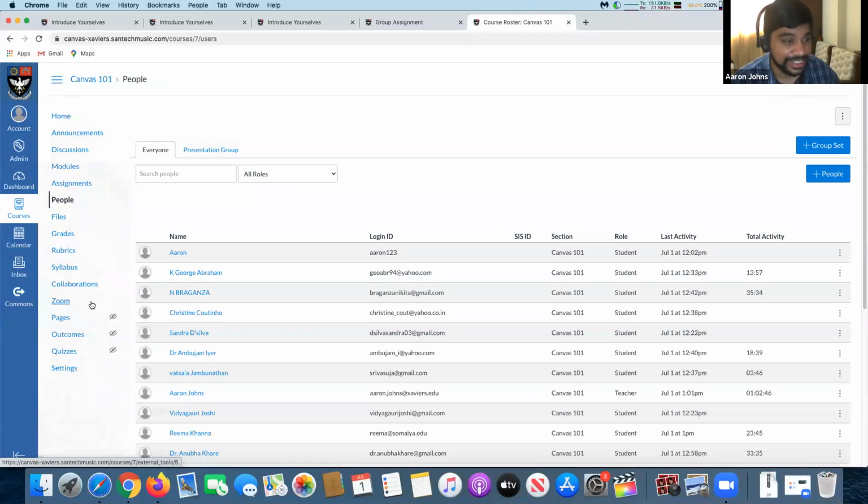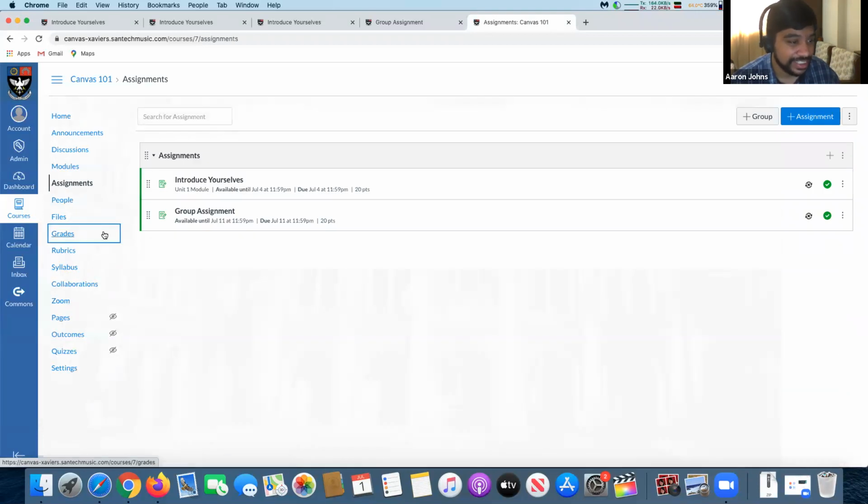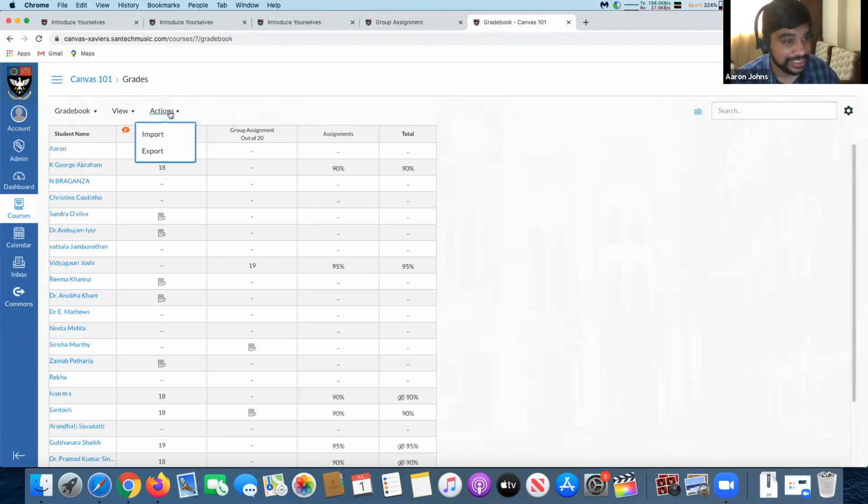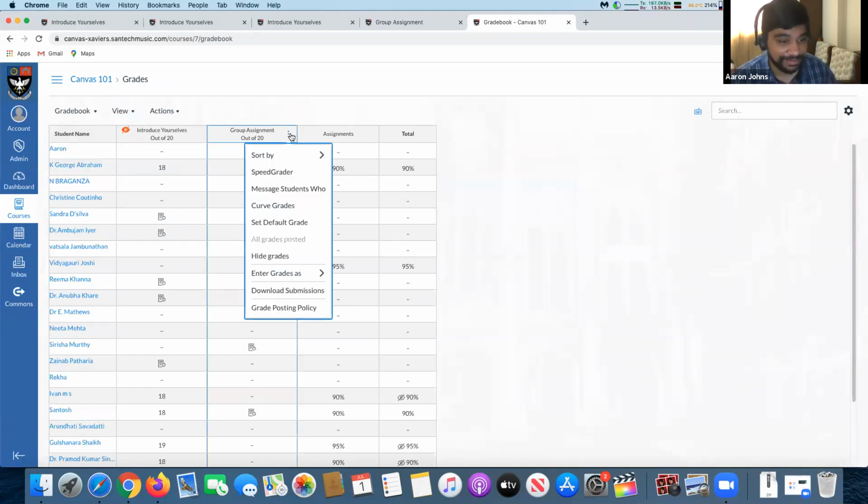So Canvas, there are many more features, but if I have to go through all of them, it would become a very tedious thing, I would say. So the point is that you all should actually start exploring it, see what you could do out of the Canvas and slowly learn what is in it.